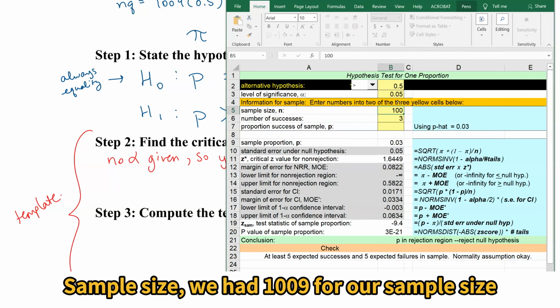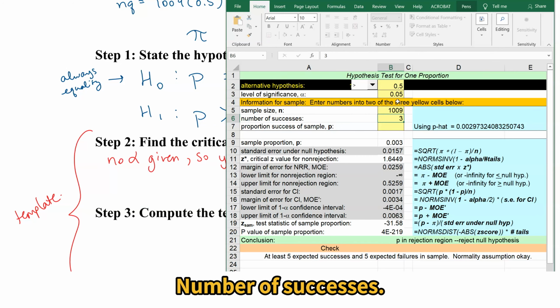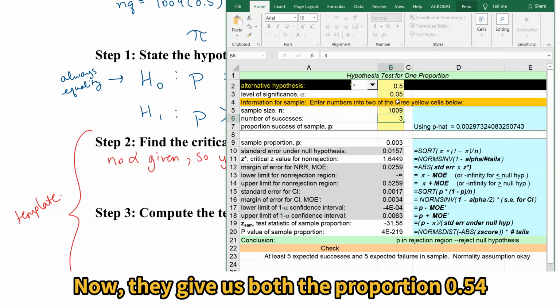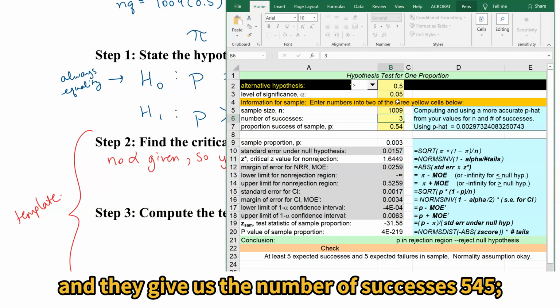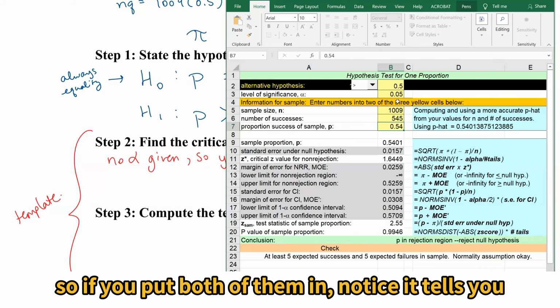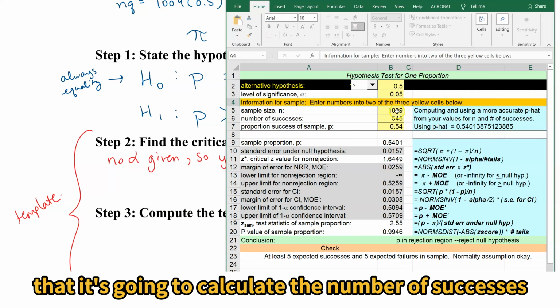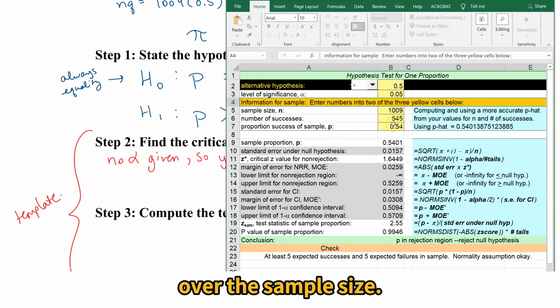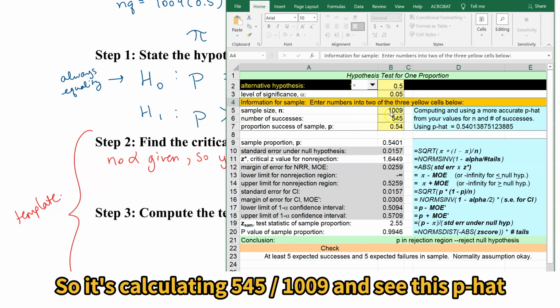Sample size, we had 1009 for our sample size and our customers. Number of successes. Now, they give us both the proportion, 0.54, and they give us the number of successes, 545. So if you put both of them in, notice it tells you that it's going to calculate the number of successes over the sample size. So it's calculating 545 divided by 1009. And see this p hat